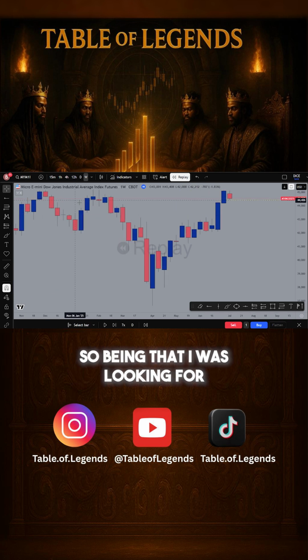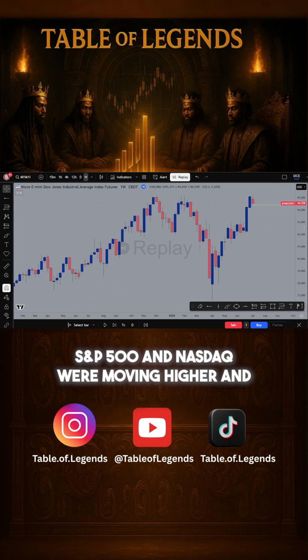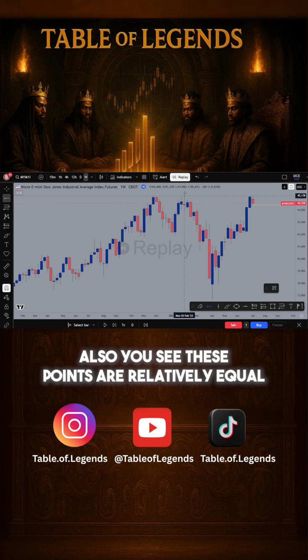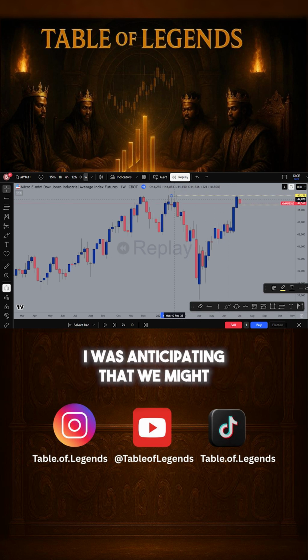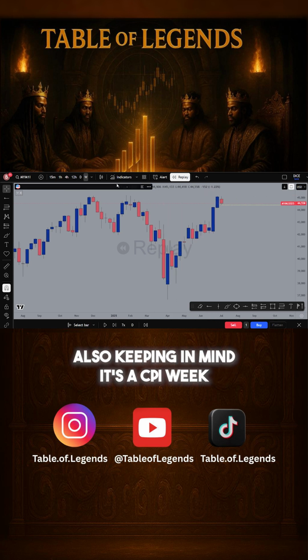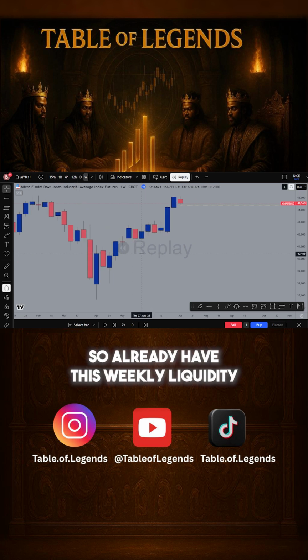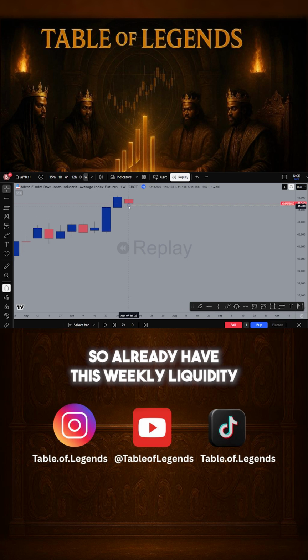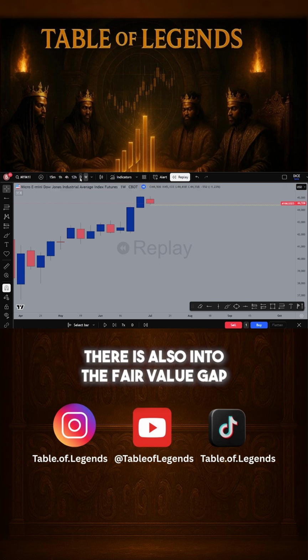So being that I was looking for bullish price action, especially that S&P 500 and NASDAQ were moving higher, and also you see these points are relatively equal, I was anticipating that we might see some bullish price action on Dow. Also keeping in mind it's a CPI week, so that may lead to price action that continues in one singular direction. So I already have this weekly liquidity point marked out, and any breach under there is also into